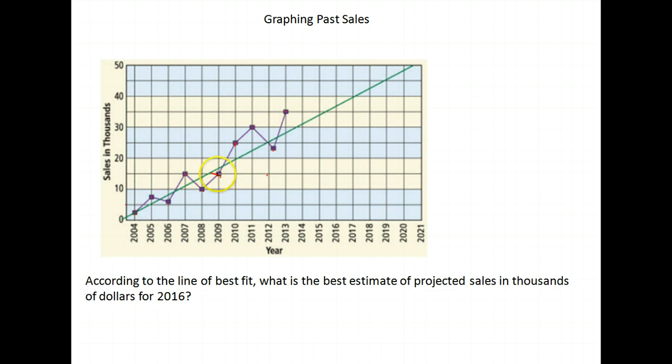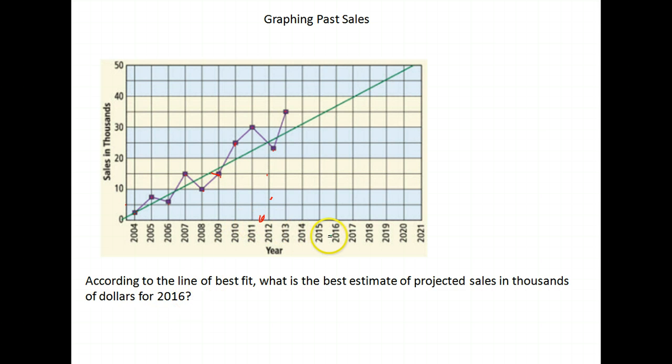This green line here that's coming through is what we call a line of fit. It's a line that we draw kind of through the middle of these lines to try to fit the data so that we can project what might happen in the future. We try to find a line that we can just follow straight through the center of these values to fit what's happening, and then we can predict better what's going to happen in the future. So here's a question. According to the line of best fit, that's our green line, what is the best estimate of projected sales in thousands of dollars in